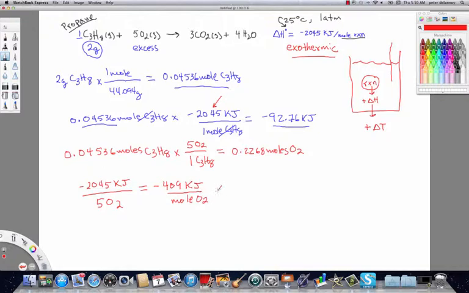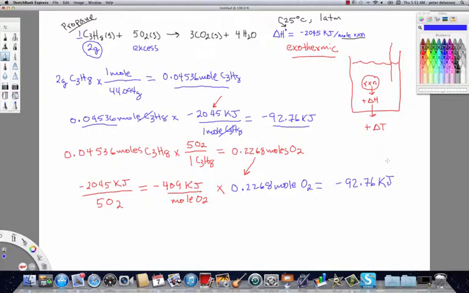Now, since we know the moles of O2, we can multiply that value by now the moles of energy that we have in proportion to the per mole value of the O2. All right, and what we're going to get is minus 92.76